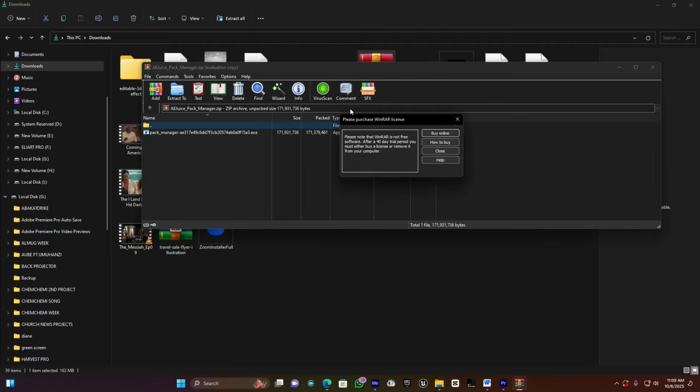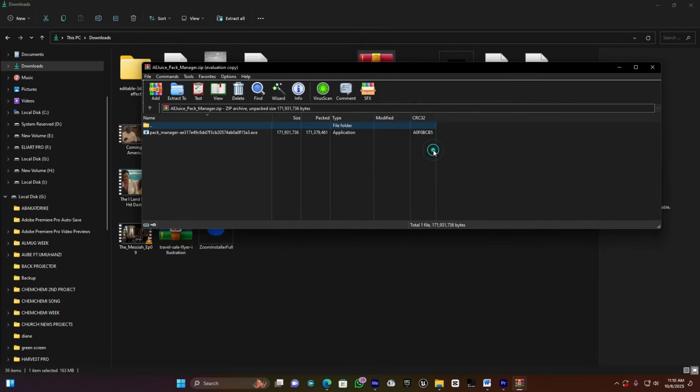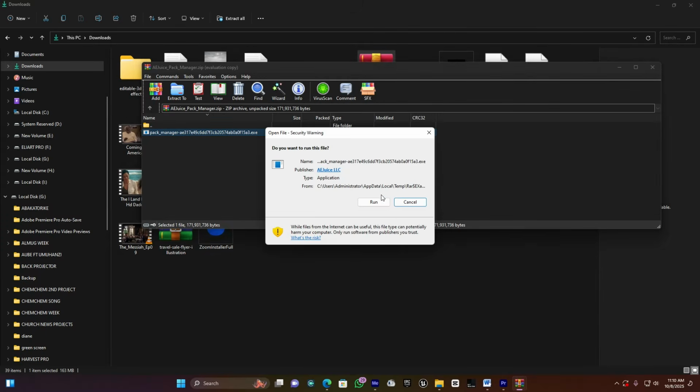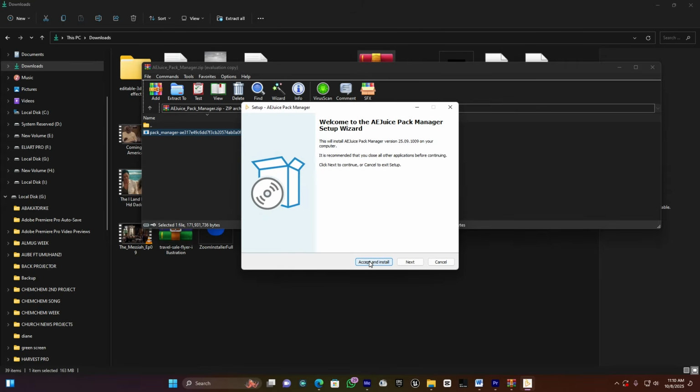Before you install AEJuice, make sure Adobe Premiere Pro is closed. Then you double click here, accept and install. You get the message saying please close the Adobe Premiere Pro application before installing the plugin. I have already installed this plugin, but you have to install it, and make sure your Premiere Pro is closed. And then after installing,